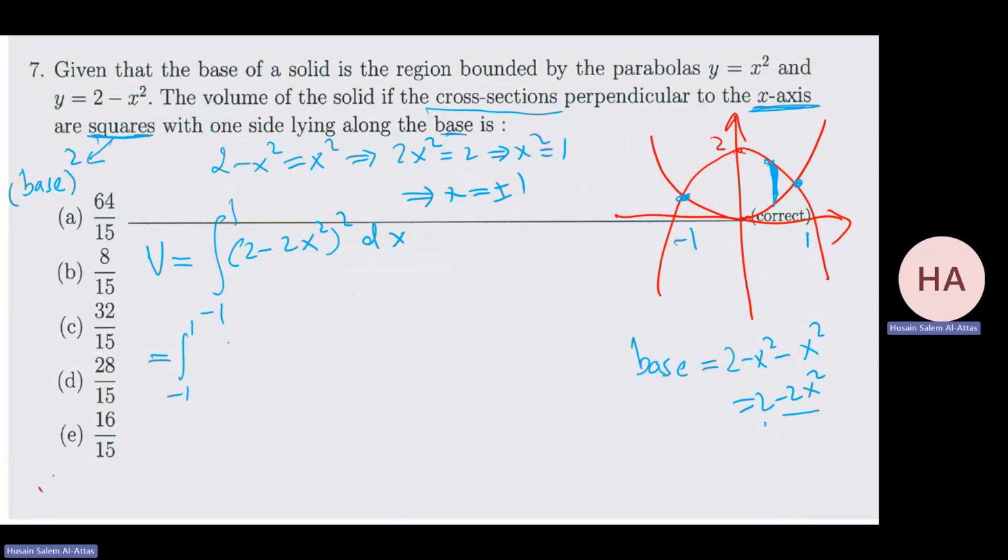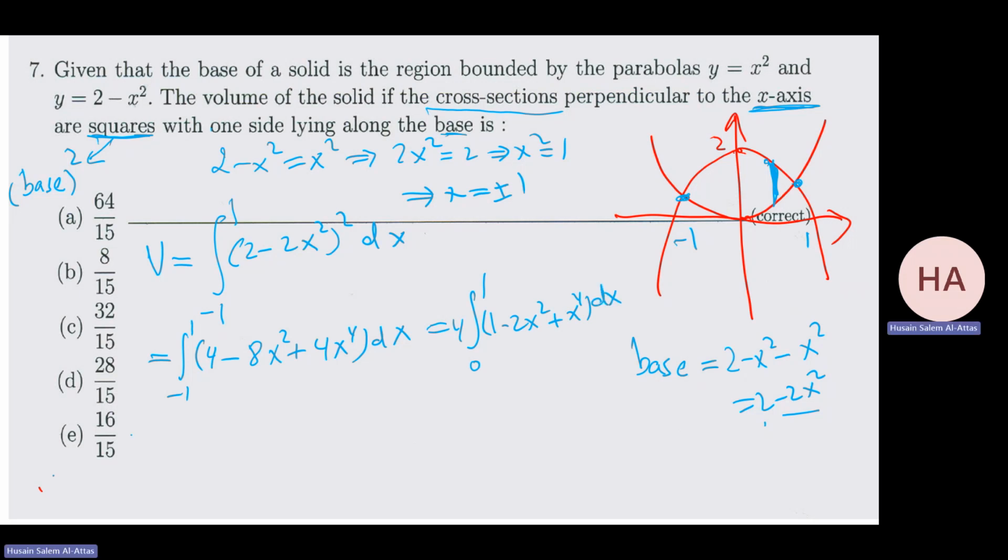Minus 1 to 1, 4 minus 8x squared plus 4x to the power 4 dx. I notice this is an even function. Also, I can take 4 common factors. Let me do it at the same time. From 0 to 1, 1 minus 2x squared plus x to the power 4